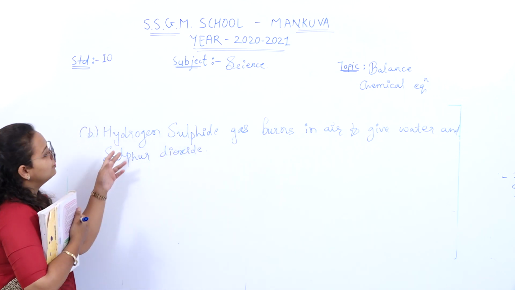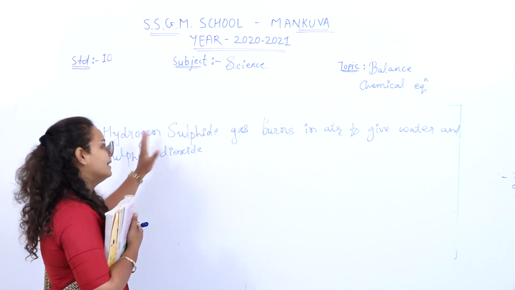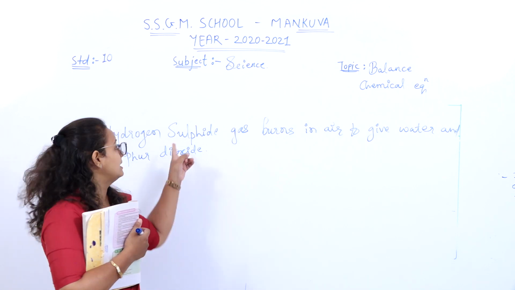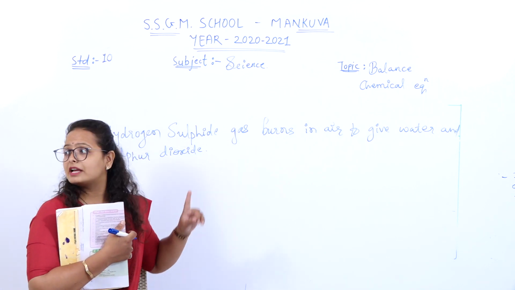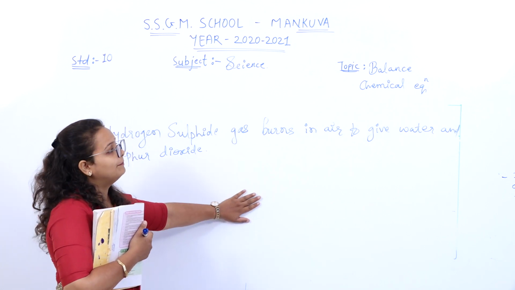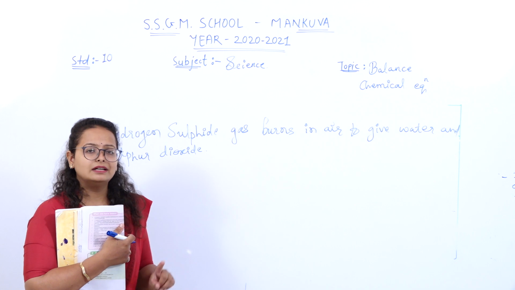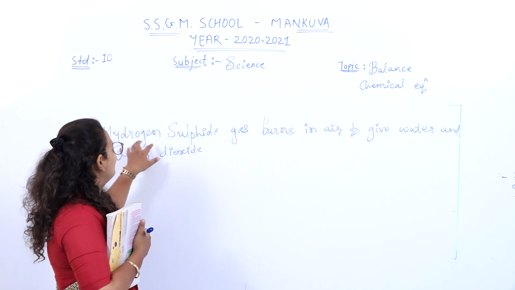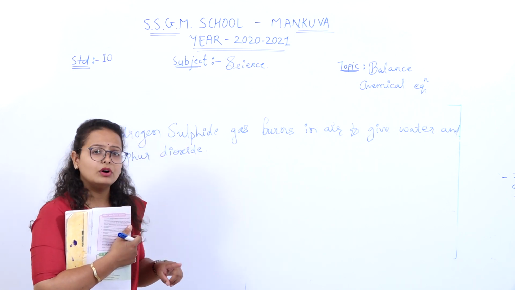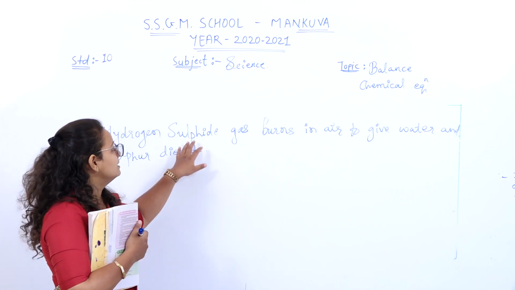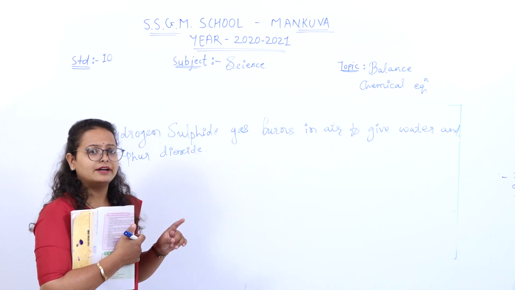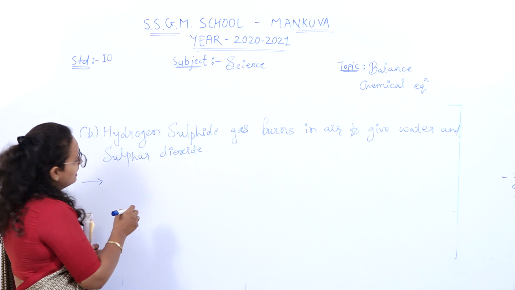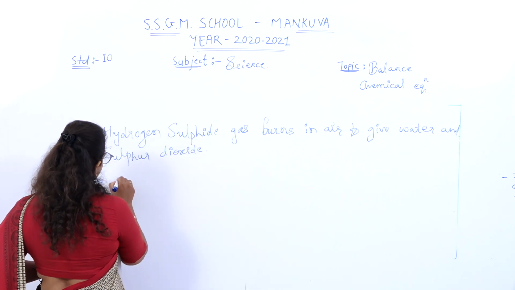See, now if I don't know the chemical formula of hydrogen sulfide, I cannot balance this equation. But if I know the symbol of sulfide and the symbol of hydrogen, I can make a chemical equation and then balance it. So, please learn lesson number 4 of class 9. In that, all these elements are given with their valency and symbols. In lesson number 3, some ions are given in 9th standard. So, revise it.